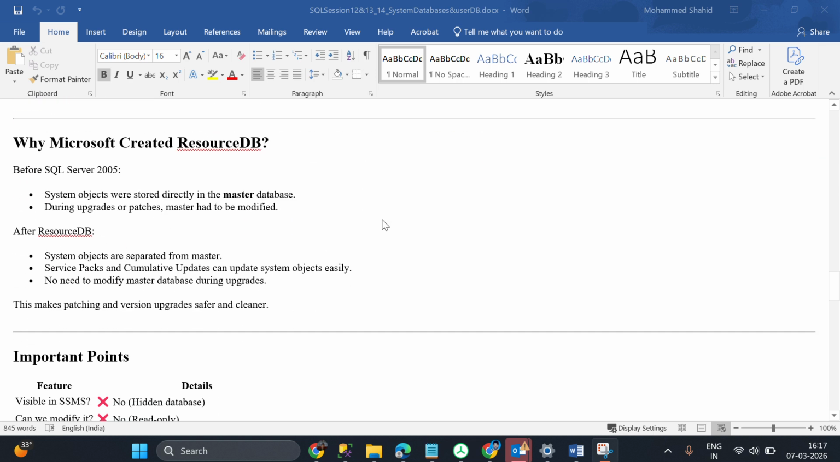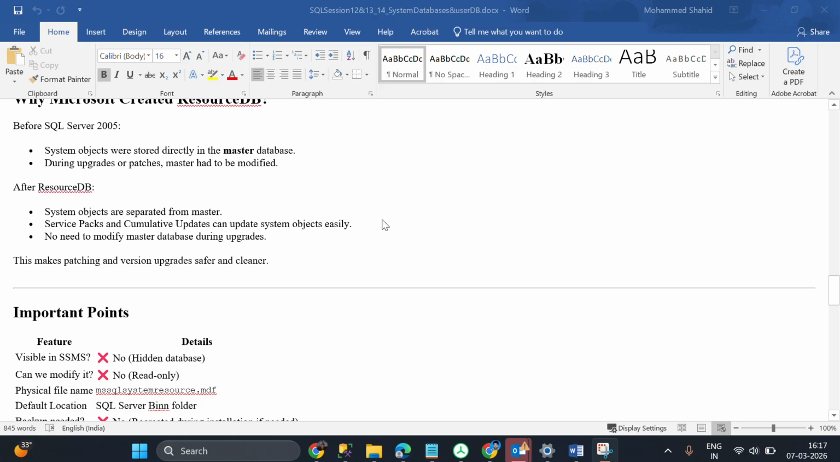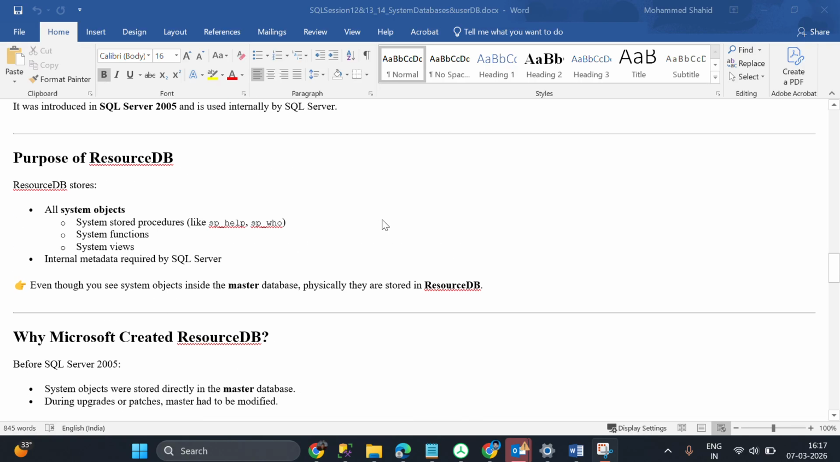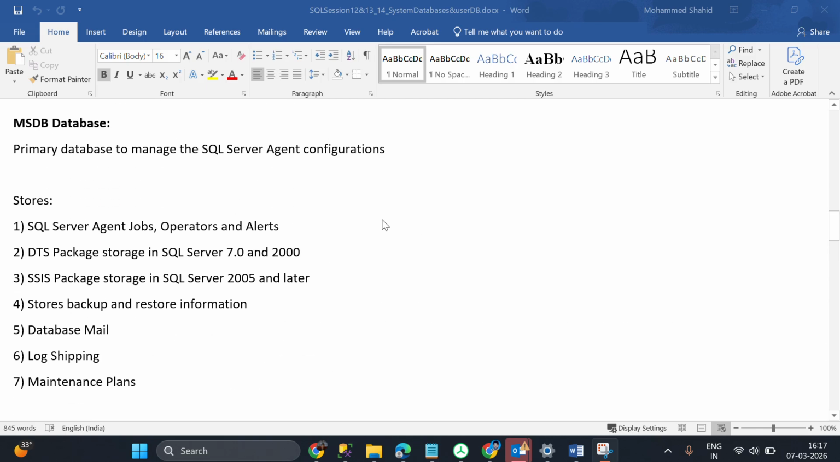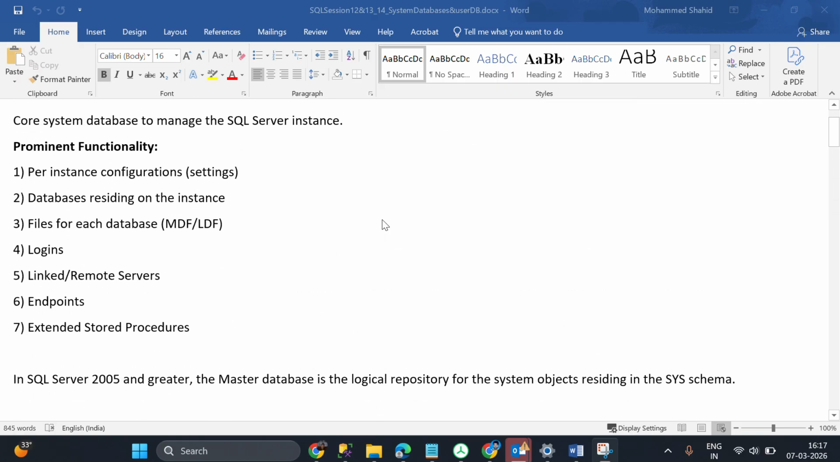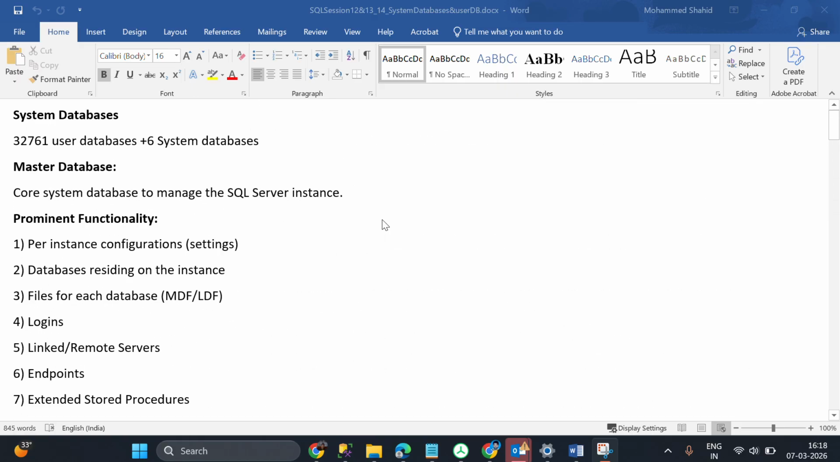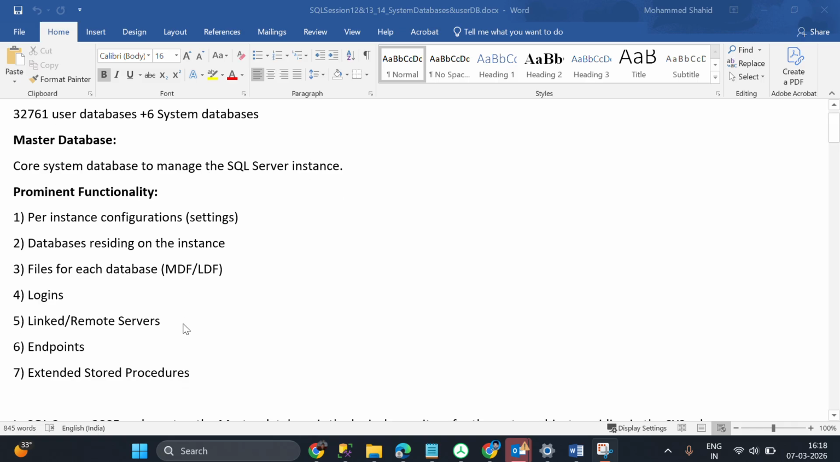In last class we discussed system databases, which are master, model, tempdb, msdb, resource DB and distribution database. Today we will be discussing user databases. We will first take a quick glance through the system databases. The master database is a core system database to manage the SQL Server instance,